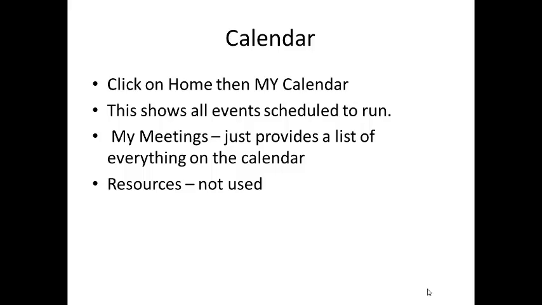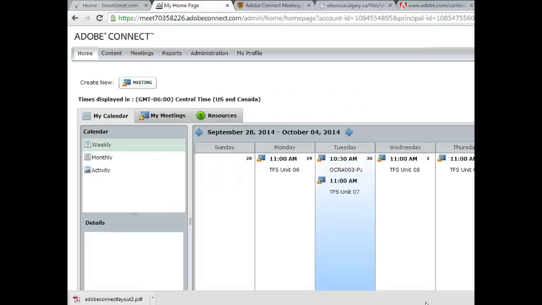Next we're going to have is the calendars. Click on the top tab where it says calendar. You're going to see a weekly view and a monthly view. On the weekly view you will see all the classes that are scheduled for that week coming up. There's also a monthly view that shows you a monthly overview of classes that are